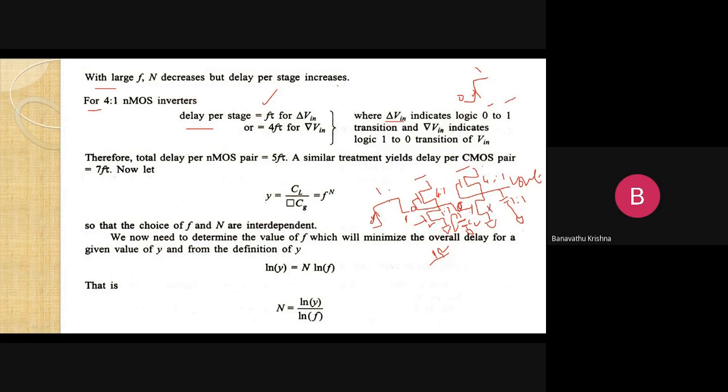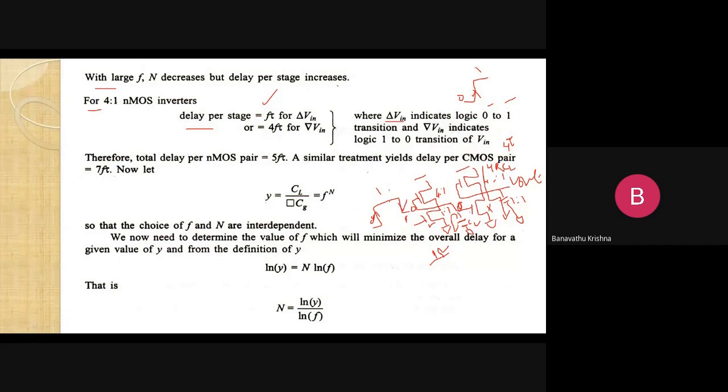Now the capacitor is going to be charged through the depletion mode transistor to the load capacitance, like this. So here the ratio is nothing but 4, and it is going to be R, and the capacitor is going to be charged, right? 4 into CL, nothing but 4 tau. R into C is nothing but tau here. So that is nothing but 4 tau. That is the transition from 1 to 0.